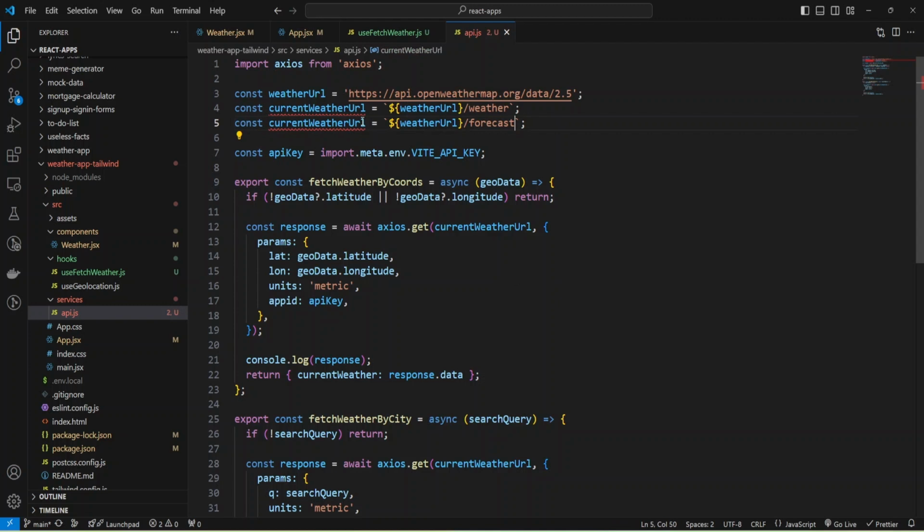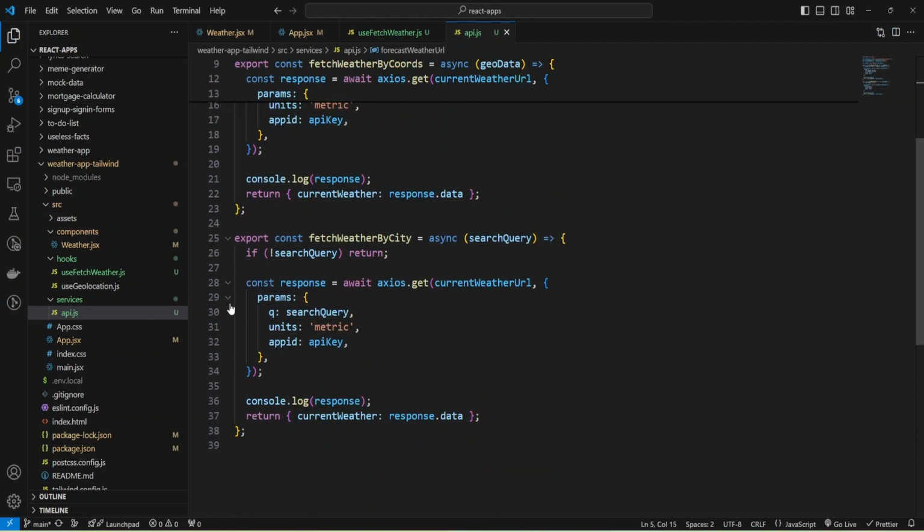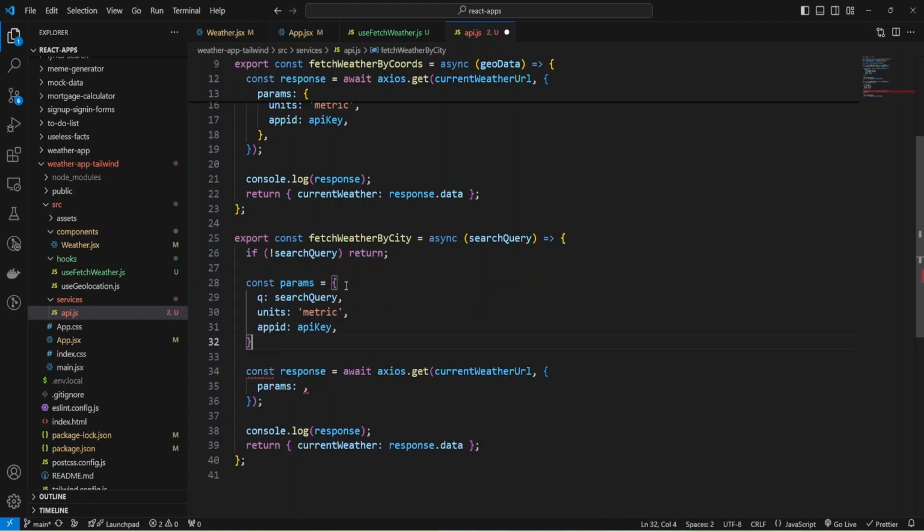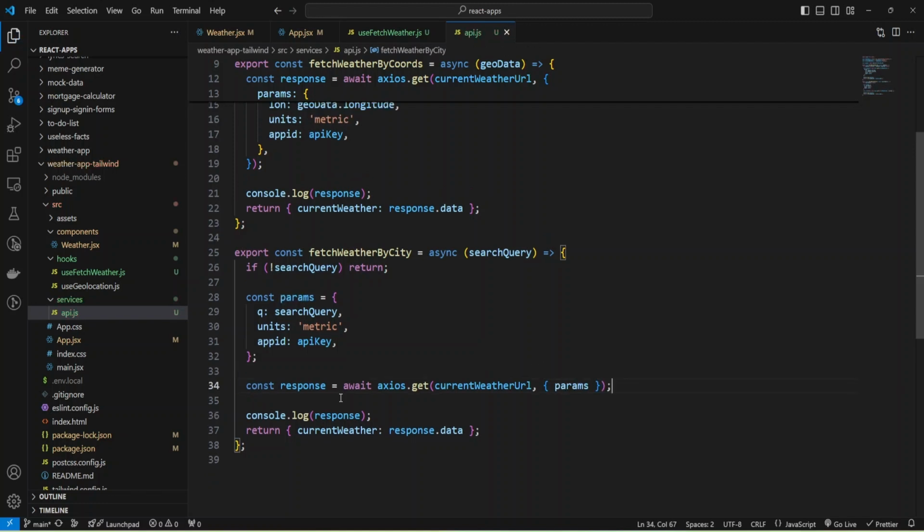And, okay, and I need to change current to forecast. Okay, and here I can define const params, and I'll use the same params as for current weather params. I can just use object.